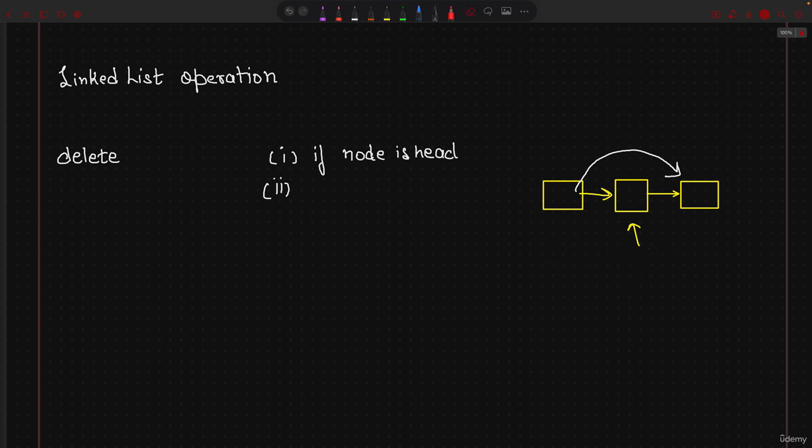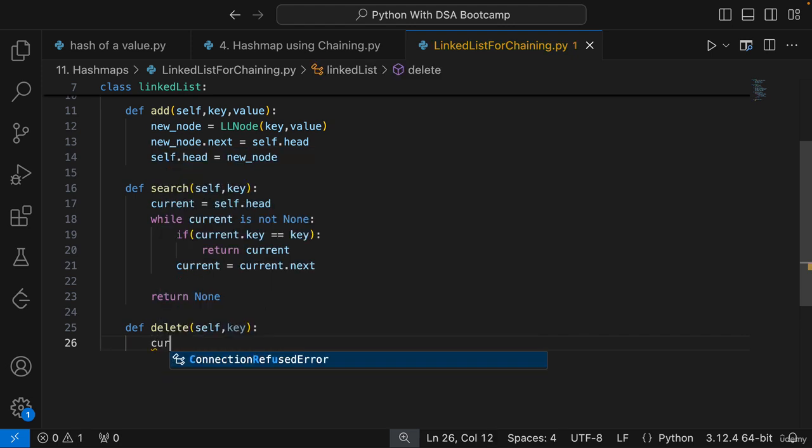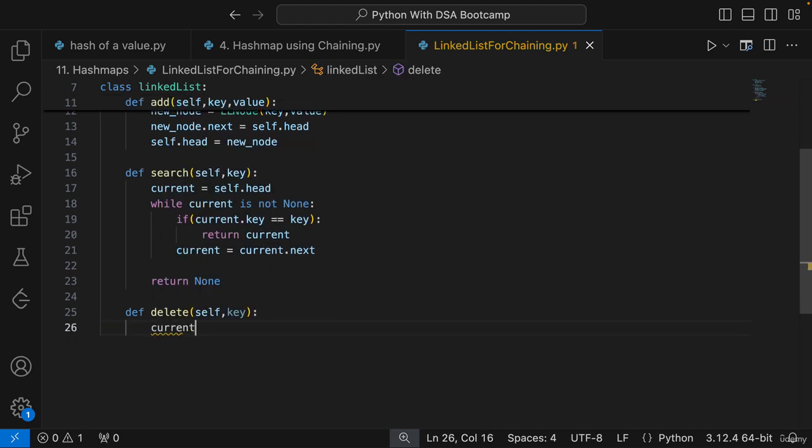Now, if you remember, in questions also, you must have used this approach. So we can write on any approach. I am going to use the previous and current one so that you are also aware of this particular approach as well. Okay. We will keep on going until we reach none. Because once we have reached none, then I can comfortably say that that particular node is not present. Okay, great. So let us see that, everyone. What I have to do, first current will be equal to self dot head,